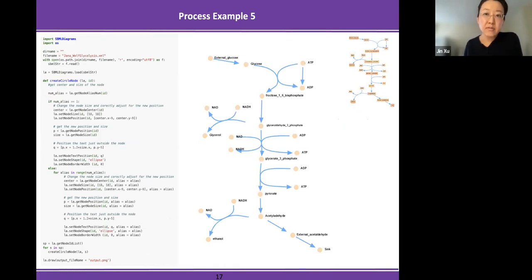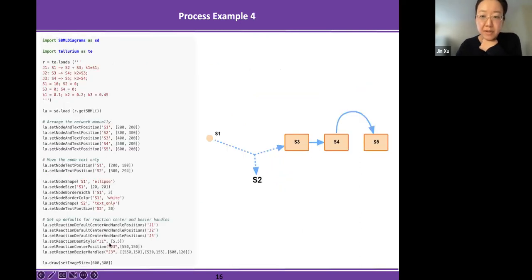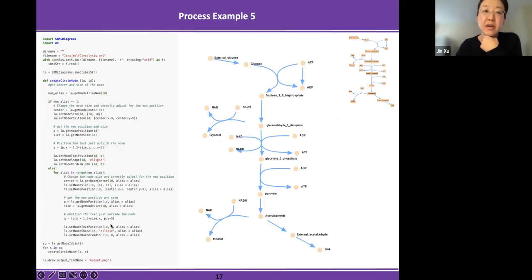Then let's highlight something more. So as you can see, SBMLDiagrams is kind of tedious. Once you want to assign anything, you need to do it one by one and tell the exact position. But sometimes it's quite helpful if you do similar things for each node. So for example,